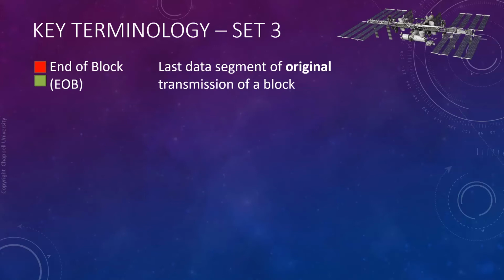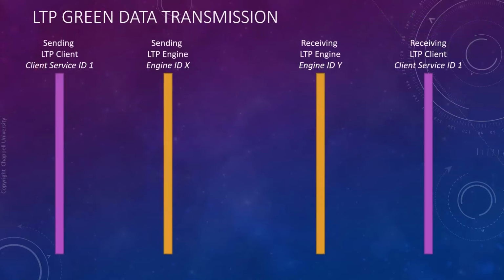And then before we go and look at some of this communication, we need to be familiar with this other term, which is the idea of an end of block. Now, an end of block can be used in a data communication that's only red data. It can be used at the end of communication that's only green data. And when you're sending both red and green data in a session, you'll see the end of block at the end of the green data, because red goes first, then green, and then the end of block will be defined on the last packet of that.